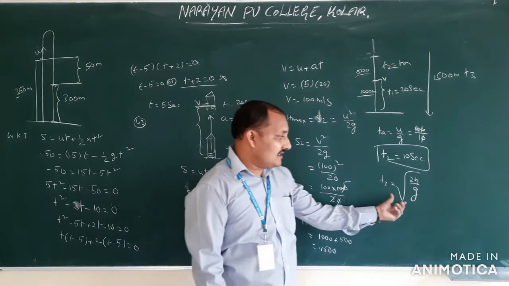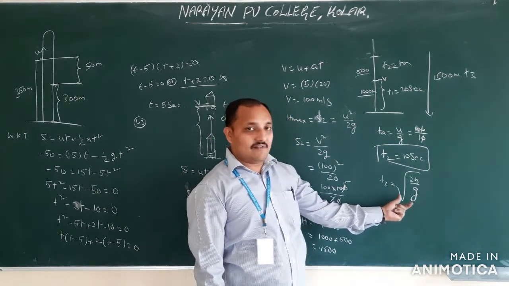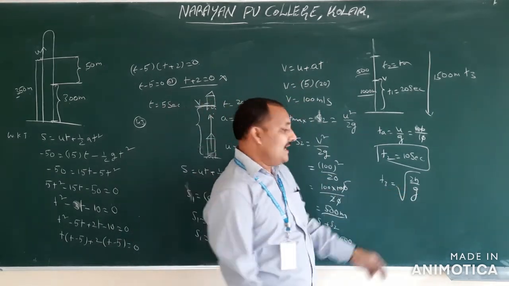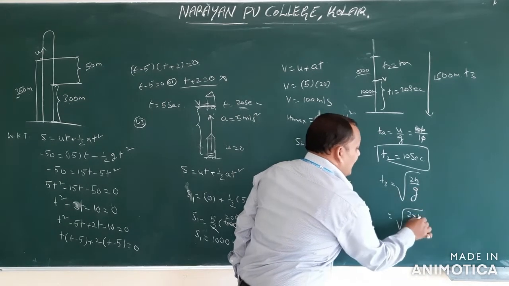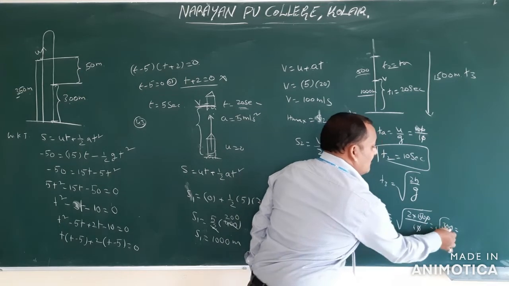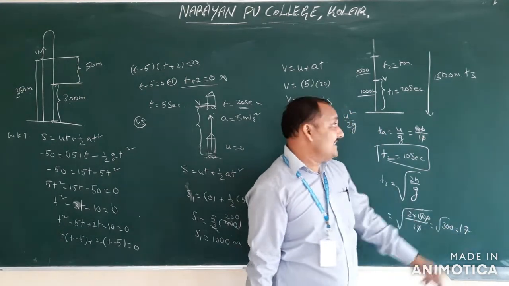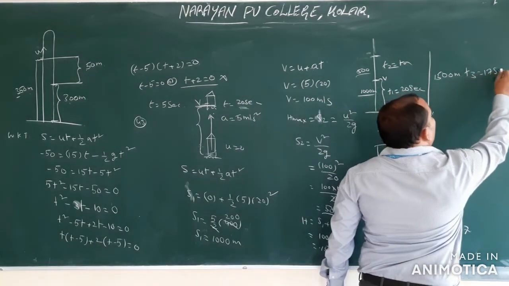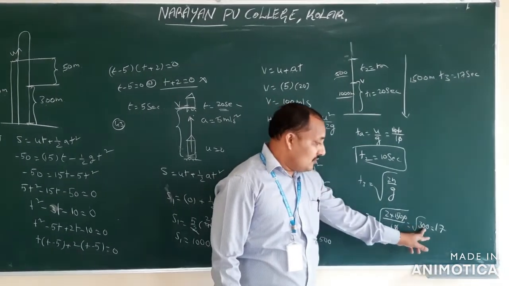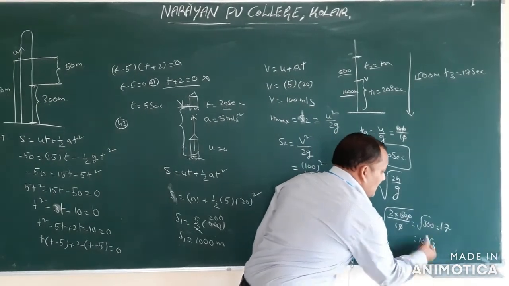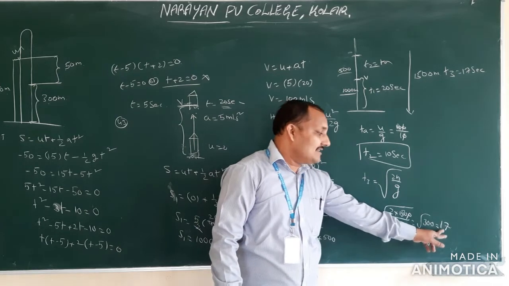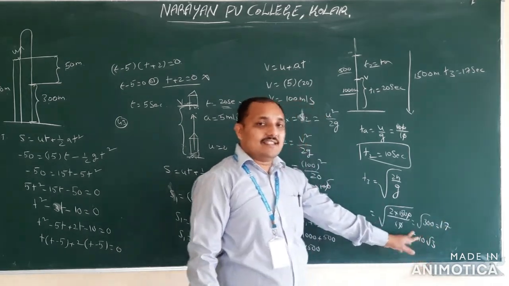Again, I am not explaining how this equation came. This is the sixth or seventh time we are using this equation. It gives the time taken by the object to reach the ground when dropped from a certain height, root 2h by g. Root 2 into the height value 1500, divided by 10, so root 300. Root 300 means almost 17 seconds. It is not exact, because this is root 300. Root 100 we take outside as 10, so 10 root 3. Root 3 is 1.732, and 1.732 into 10 is 17 point something. Therefore I have taken 17 seconds here.